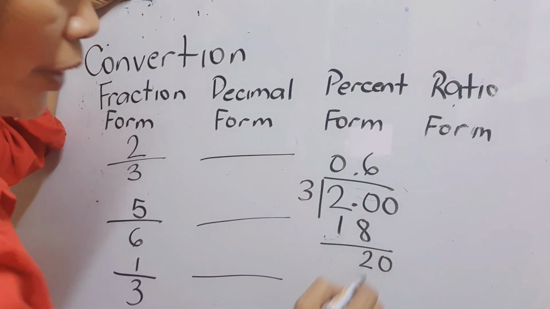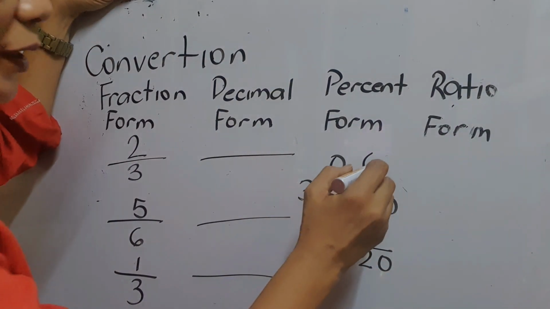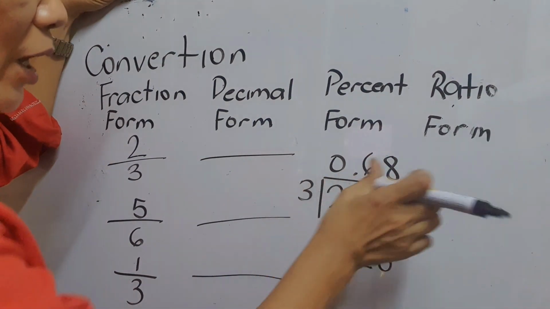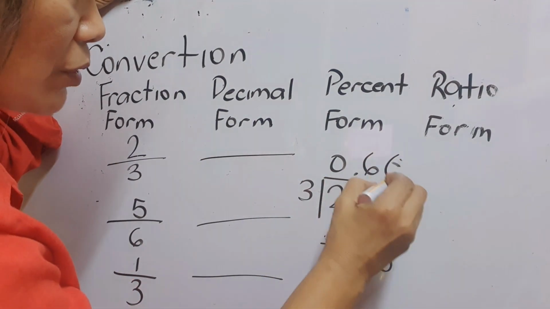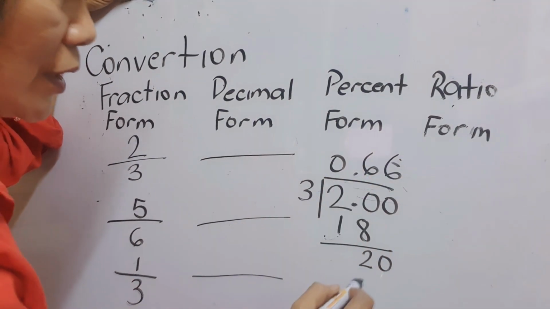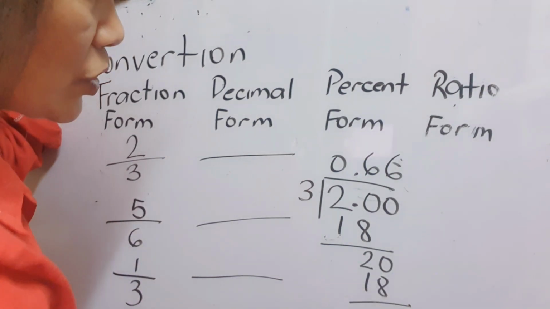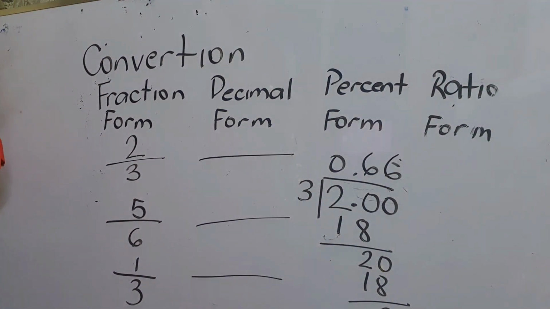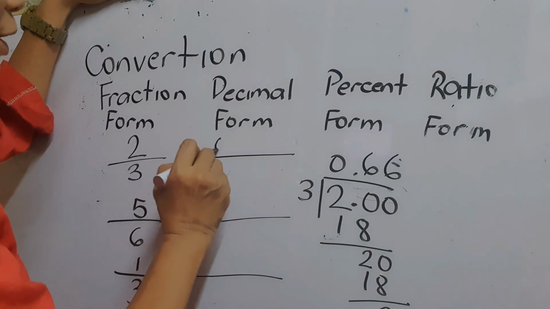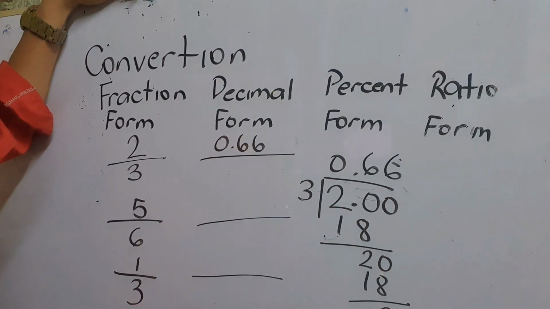Okay, so again, 2. So, pagka ganito po, ito na po ilalagay nyo. 0.66. Okay? And then here, we have, tingnan natin to,